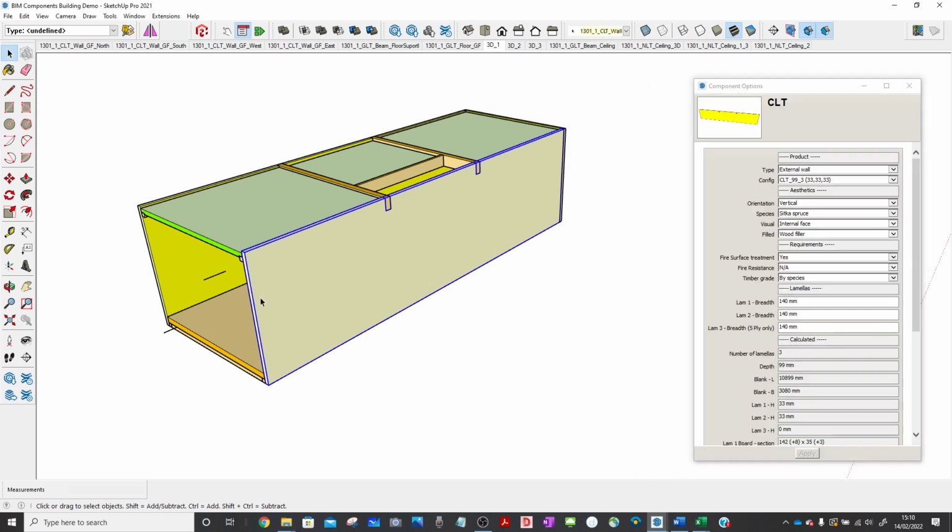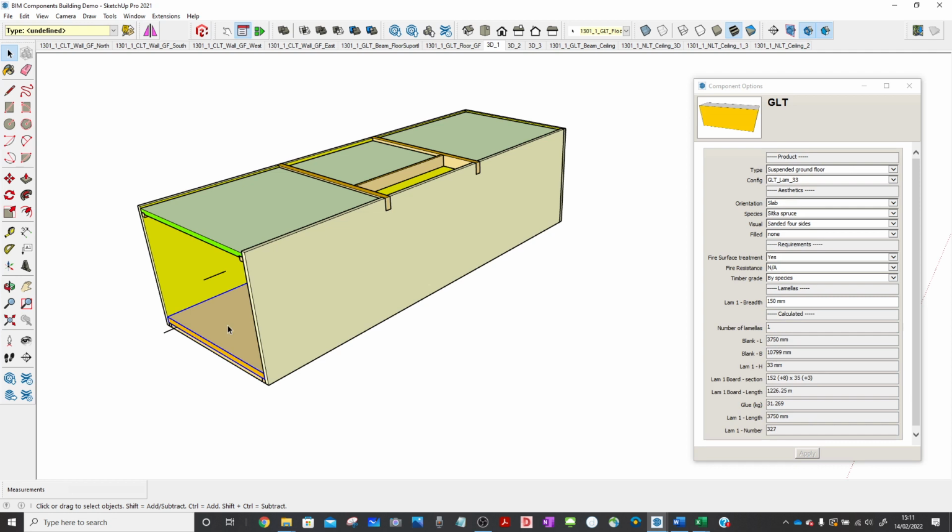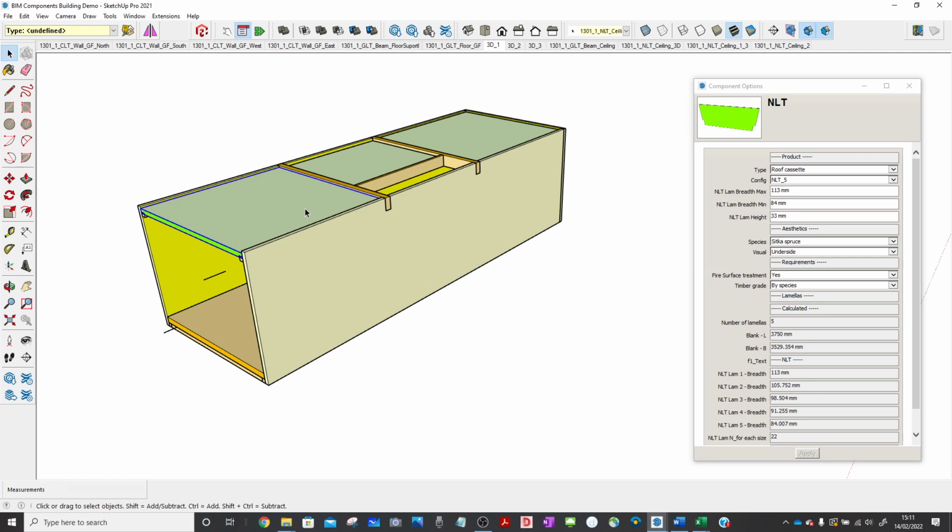In this building, I've got what's called CLT, cross-laminated timber. I've also got GLT, glue-laminated timber, and NLT, nail-laminated timber. I'm going to assume you've all heard of these things. Nods of heads, or anyone saying I've never heard of it? Right, okay. Julio can tell you more about this another time, because he's an expert in this sort of